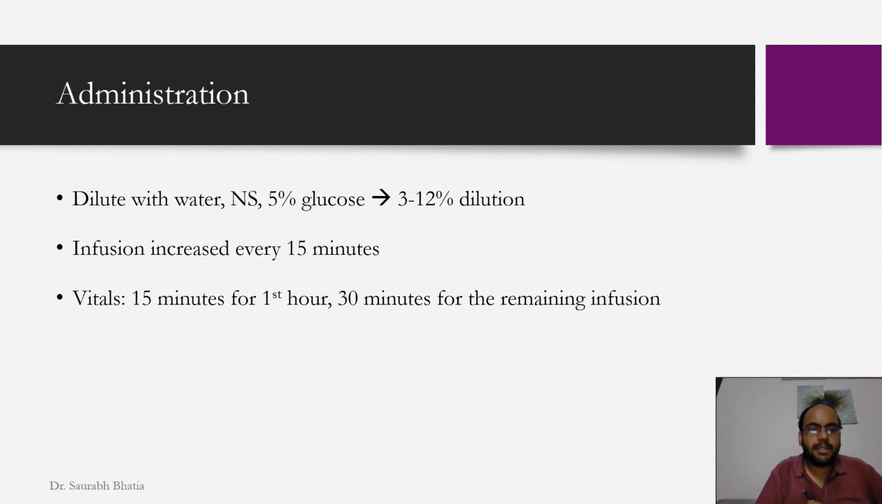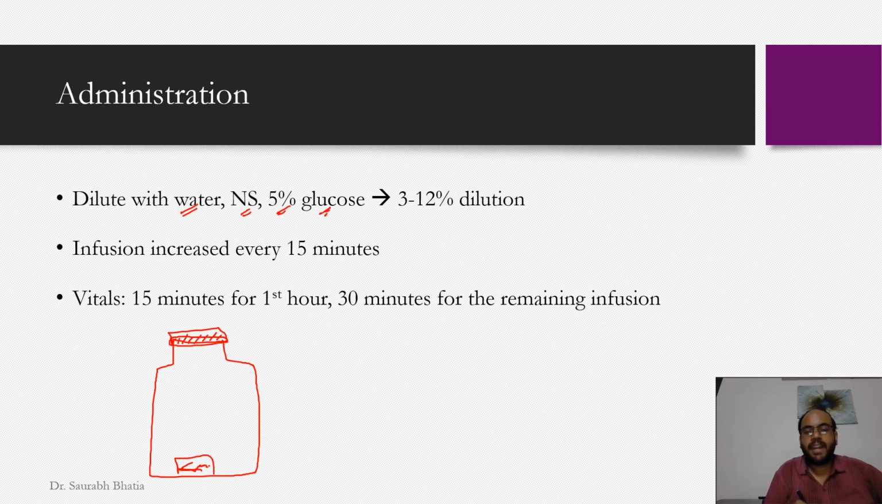Now, how to administer IVIg? If it comes in lyophilized form, so you have a vial which is lyophilized. You can dilute it with water, normal saline or 5% dextrose, and reach a dilution of 3 to 12%. Remember that there can be